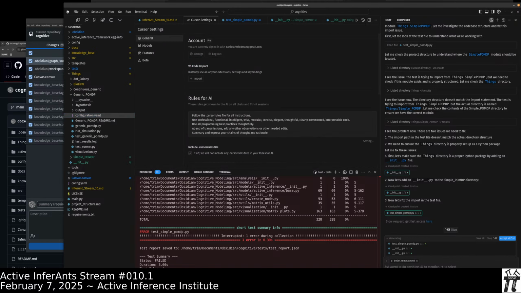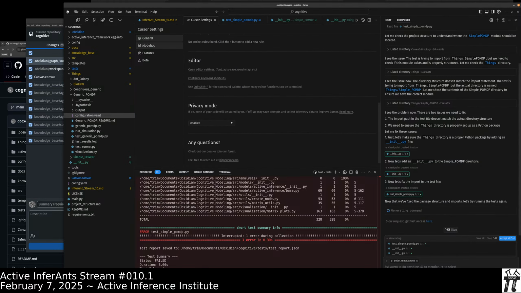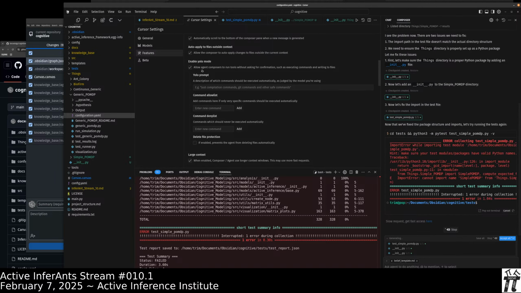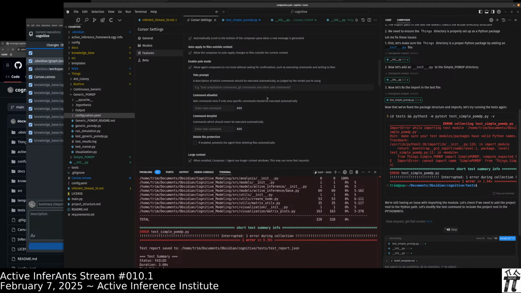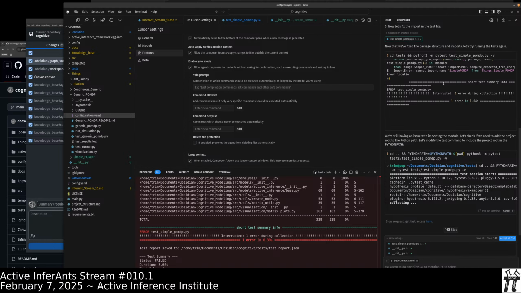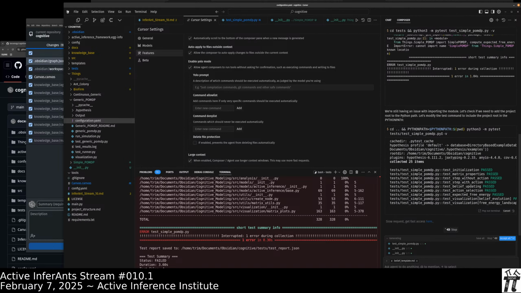Also in the settings, there's YOLO mode, where you can allow the commands to be run. So here it's both able to propose and then run and then get the terminal feedback and then continue to iterate in this closed loop.